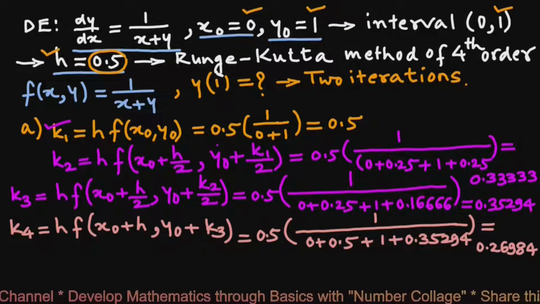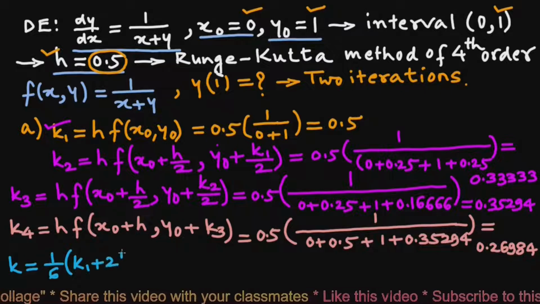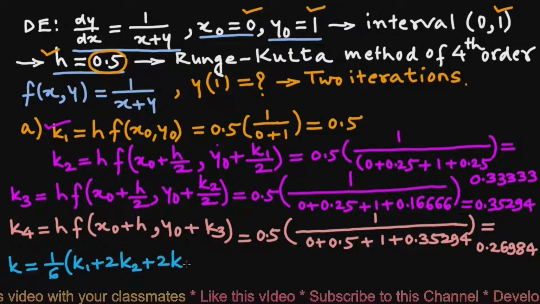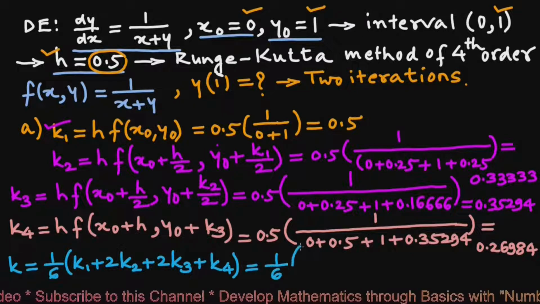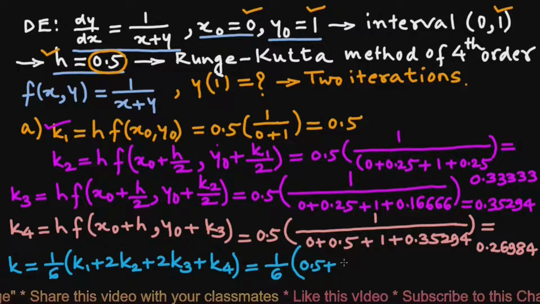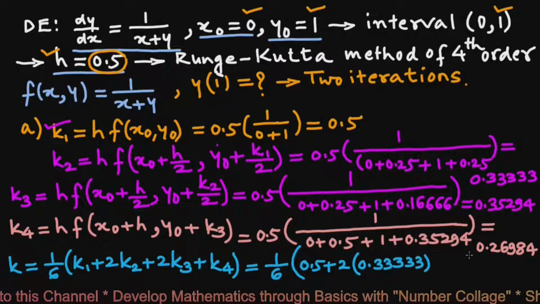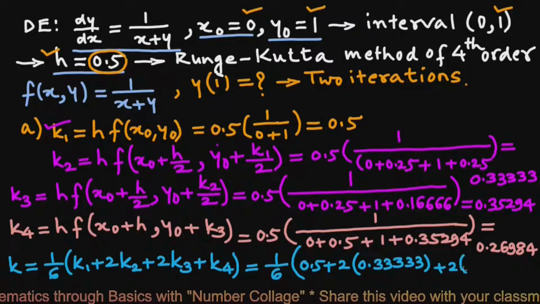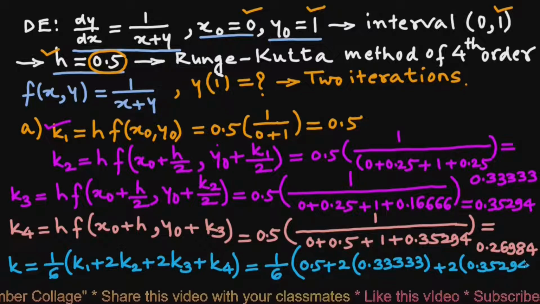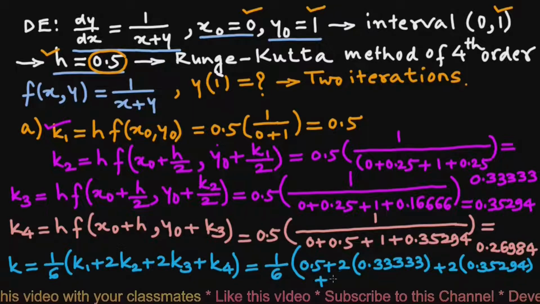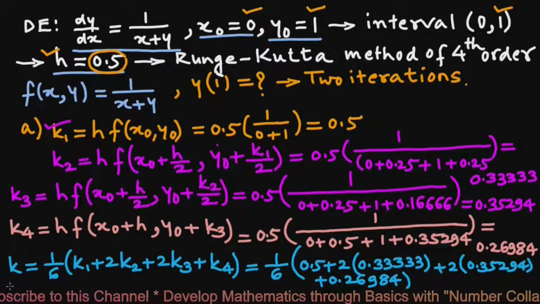Now we will find out the value of k, which is 1/6 of (k1 plus 2k2 plus 2k3 plus k4). That will be 1/6 multiplied by (k1 is 0.5 plus 2 times k2, which is 0.5 times 3, plus 2 times k3, which is 0.35294, plus k4, which is 0.26984). So that gives us k equals